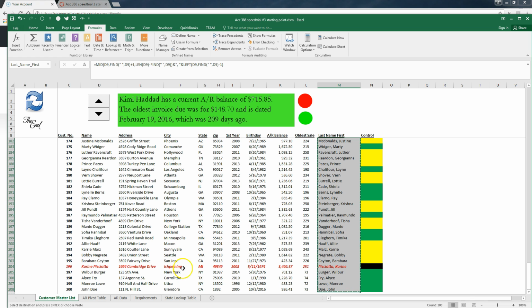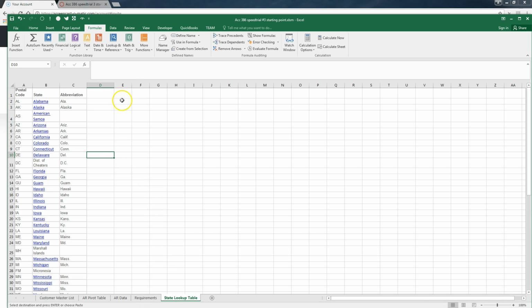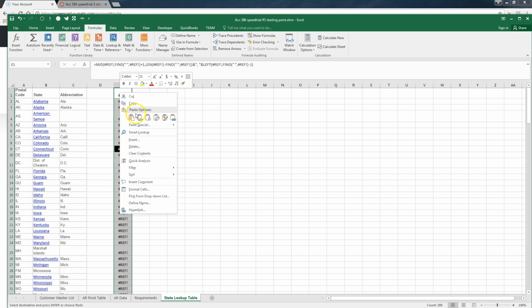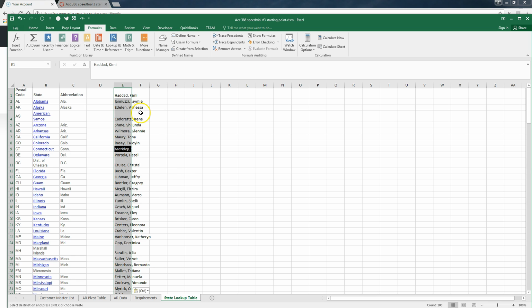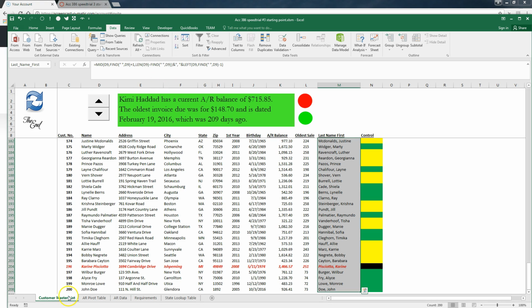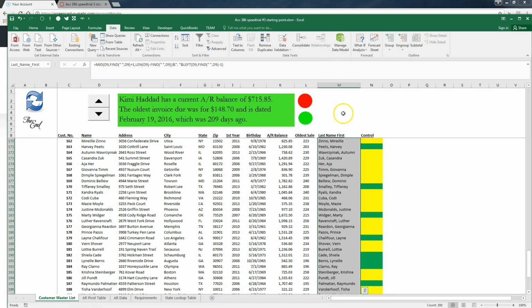I'm going to copy it to my lookup table screen. Let's just drop it here. I can't do it like that. I have to do it as values. There we go. And now I'm going to go to data, A to Z. Now it's sorted. Okay, now with it sorted, I can come back to my M2 and I can say let's